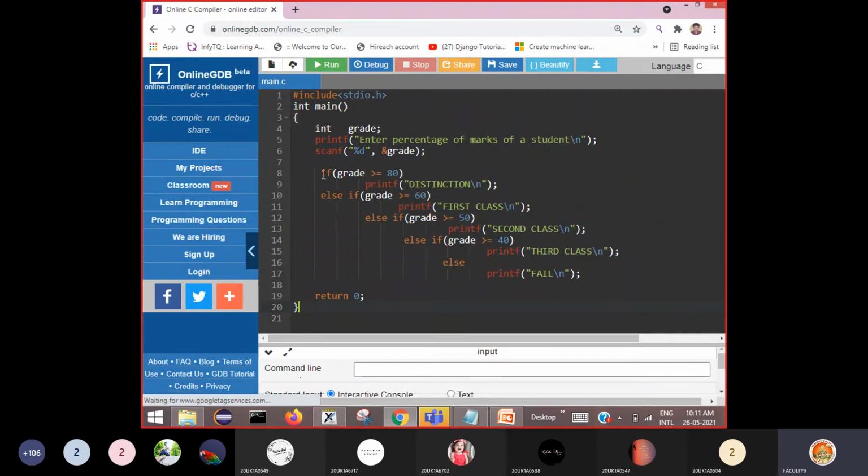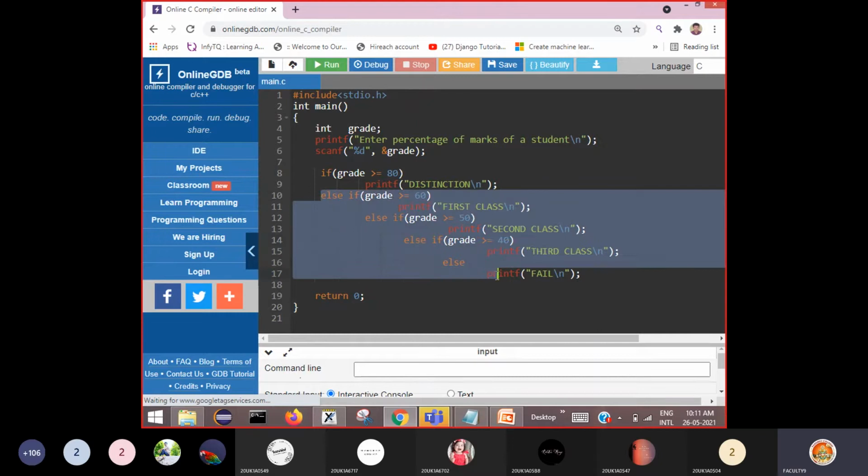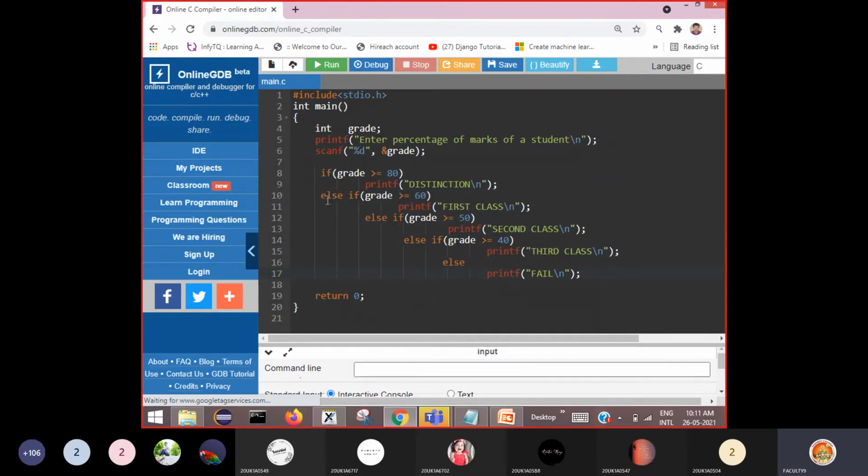Now see here how your code looks like. Else if ladder, it is in the form of a ladder. It looks like a ladder. If, else if, else if, else if, else if, like this you should write. Okay, so this is the way or the style in which you should write the program.